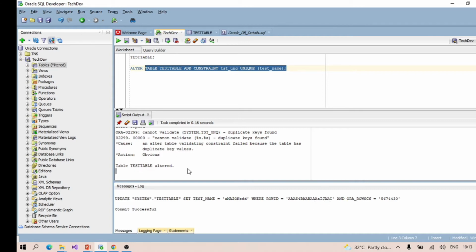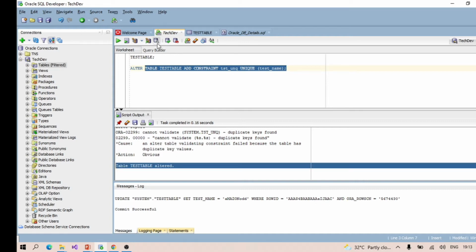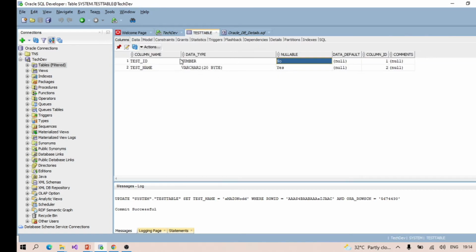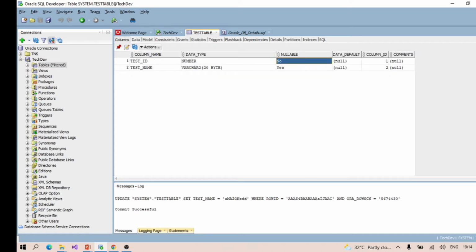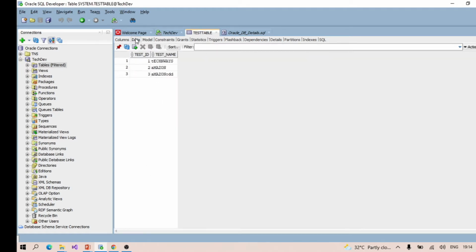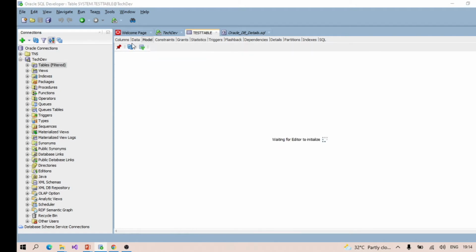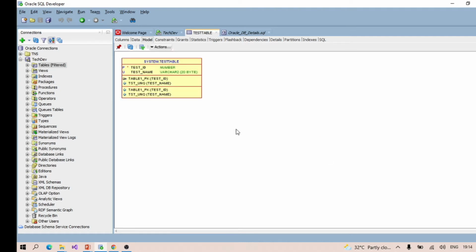You can see that the table is altered here, and let's go to the table, and we can also verify whether the constraint is added properly or not. So we can go to the columns. Let me remove this. Close this. It's taking a time.